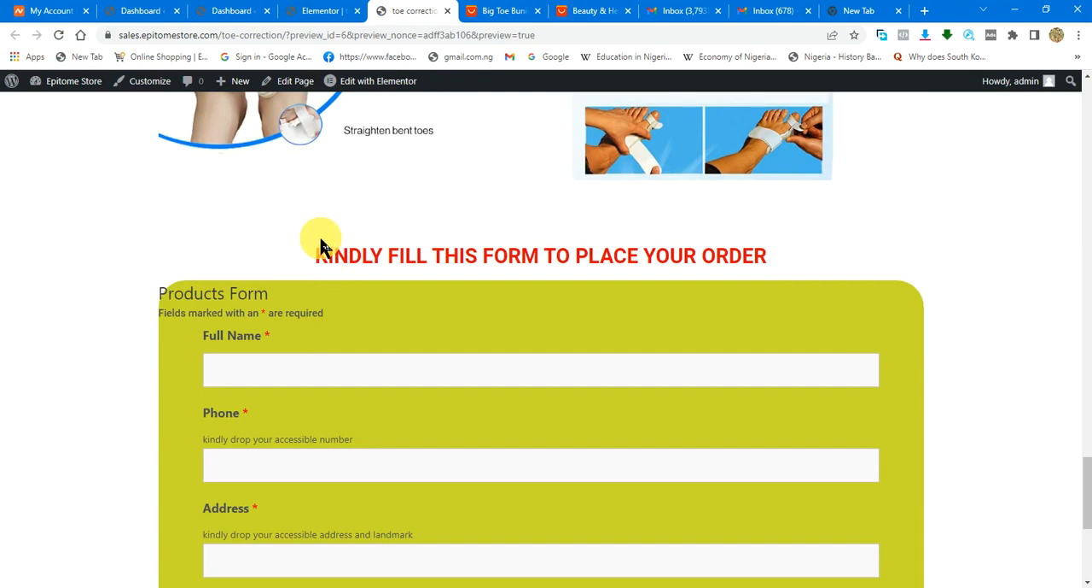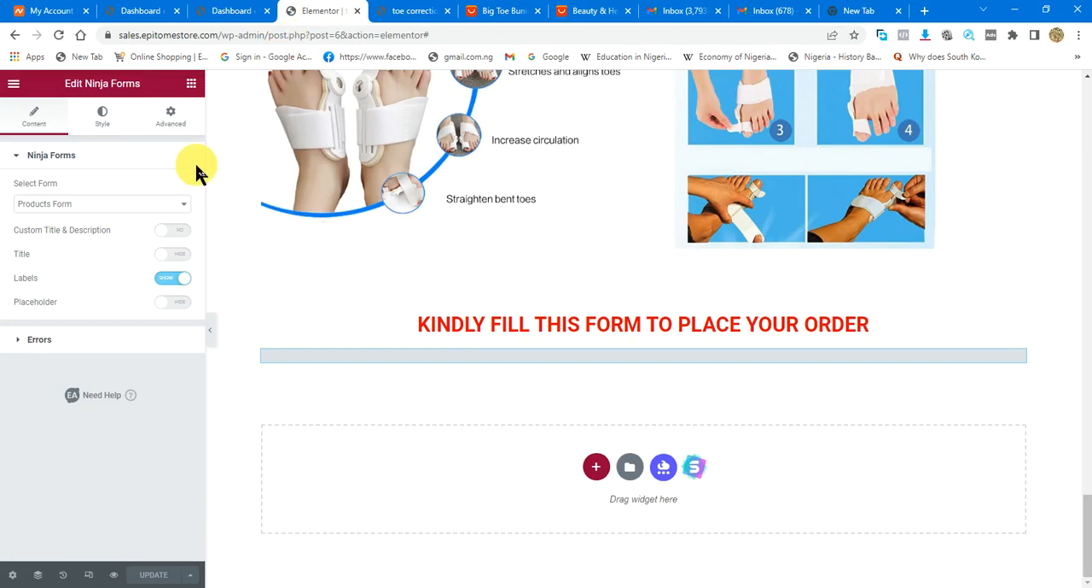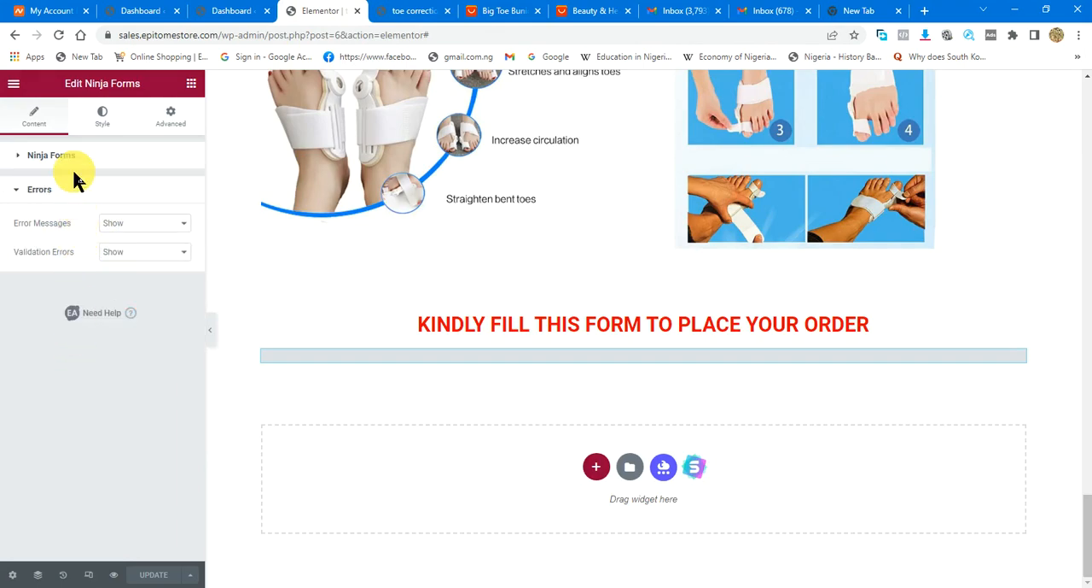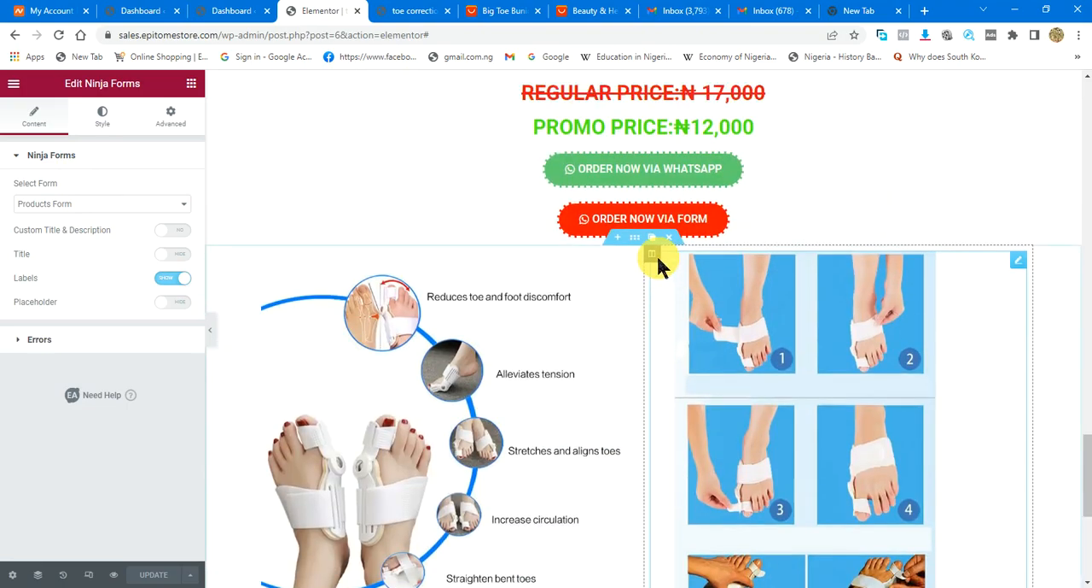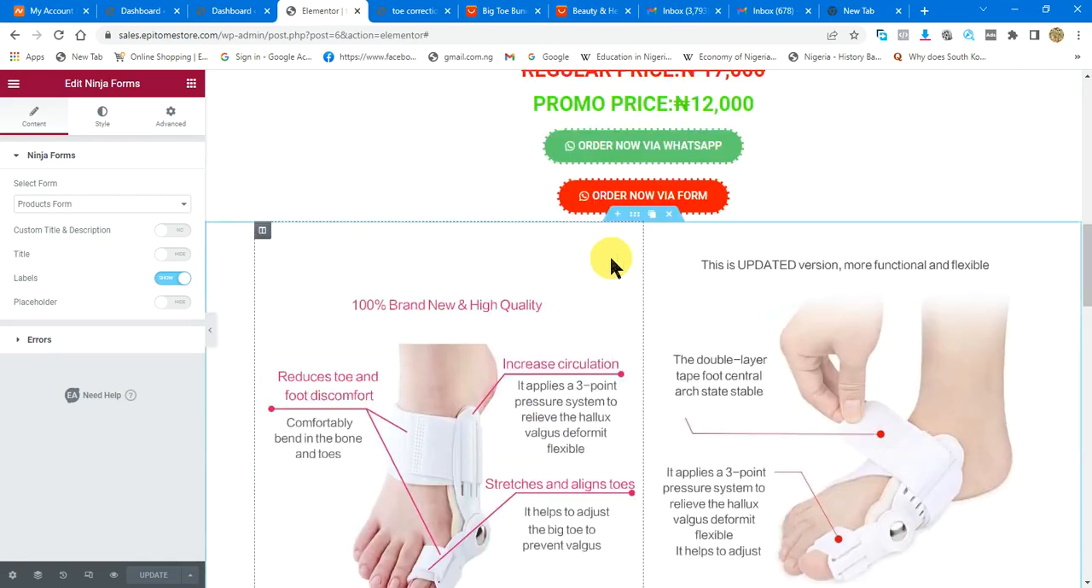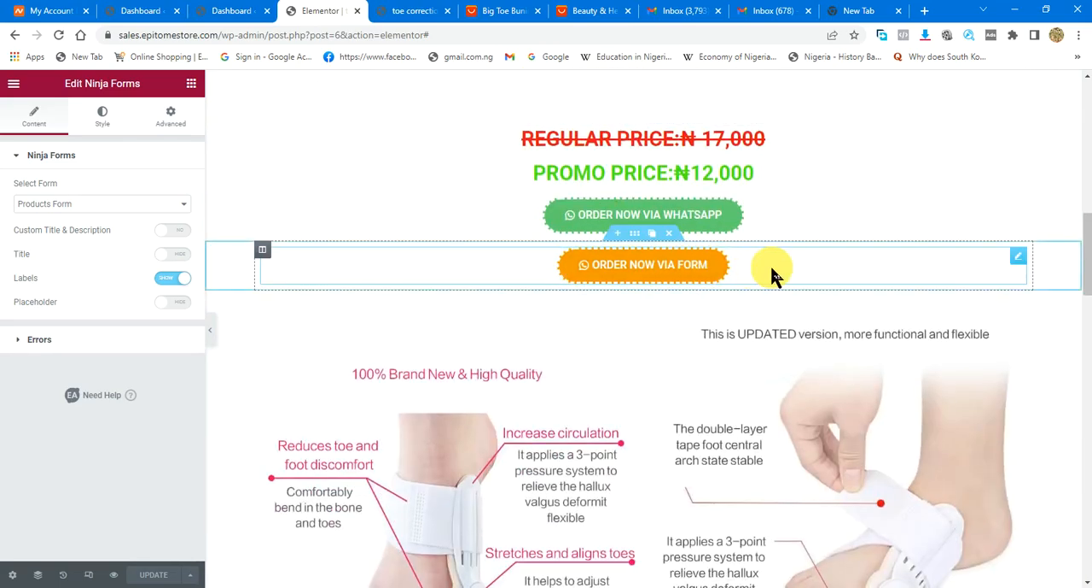Okay, so this is our product form. It's able to be customized. Alright, that is how you add a product form. Before we round up, if you look under the product form,